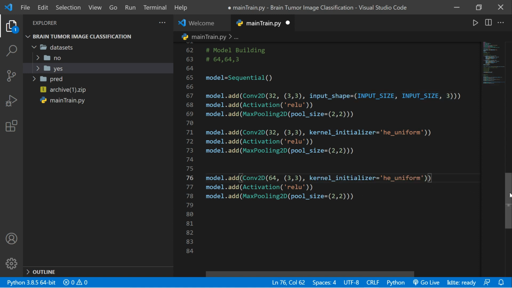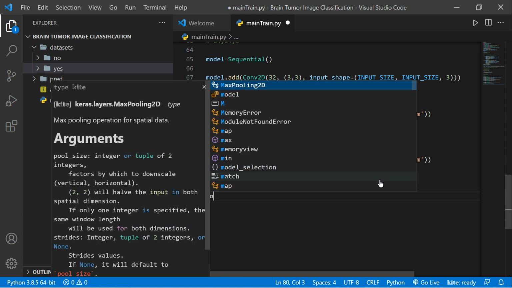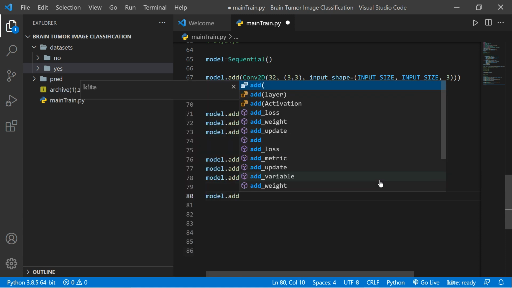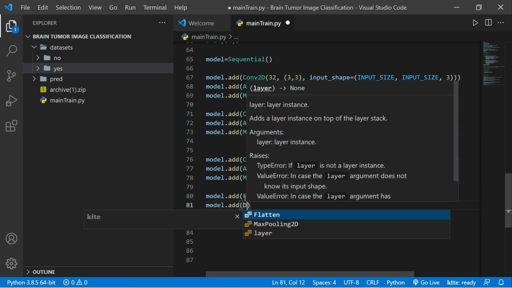Okay, so now we need to flatten here. Why? Because we need to make all the images into one vector, linearly. So that's why I'm going to use model.add. I'm going to add one flatten layer here, and finally I'm going to add one dense layer also, with 64,